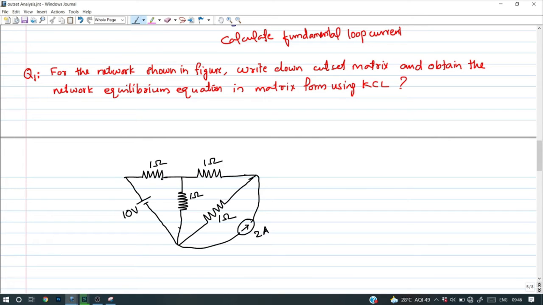So how many nodes are there? This we can take as a single branch, that is a voltage source in series with a resistor, which we can call branch 1. So this is one node. Say this is node 1, this is another node, node 2, and this is node 3. So 3 nodes are there, so n is equal to 3. So we can mark the different nodes like this. Okay, so branch 1 is taken as this one. So before that, let's mark the nodes: this is 1, this is 2, this is 3.